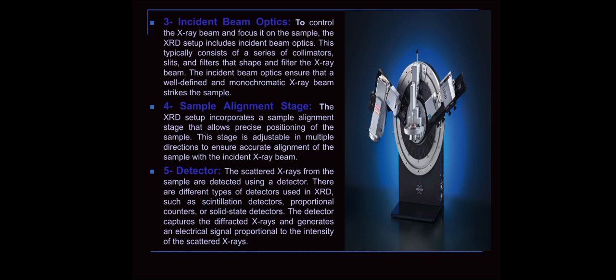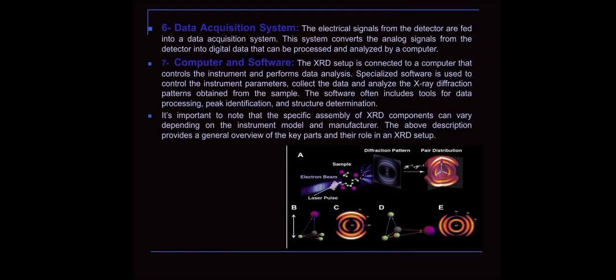Fifth one, detector. The scattered X-rays from the sample are detected using a detector. There are different types of detectors used in XRD, such as scintillation detectors, proportional counters, or solid-state detectors. The detector captures the reflected X-rays and generates an electrical signal proportional to the intensity of the scattered X-rays. Sixth one, data acquisition system. The electrical signals from the detector are fed into a data acquisition system. This system converts the analog signals from the detector into digital data